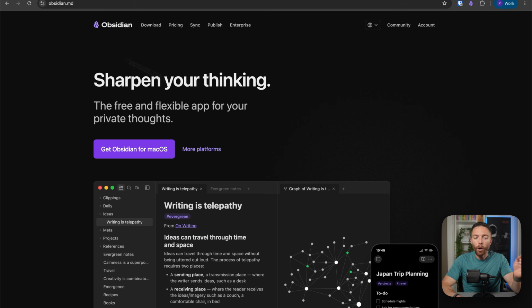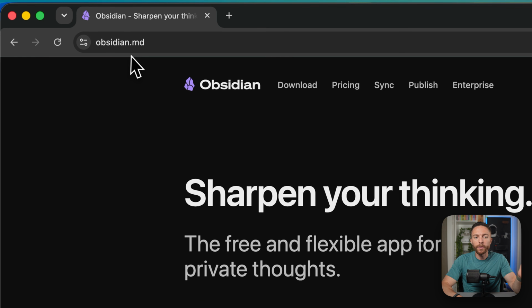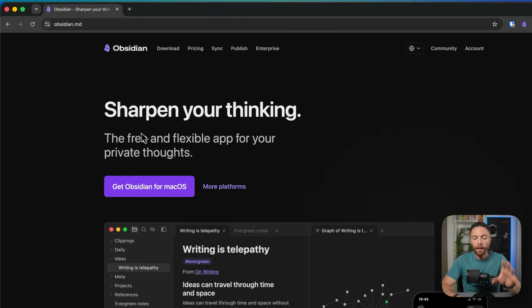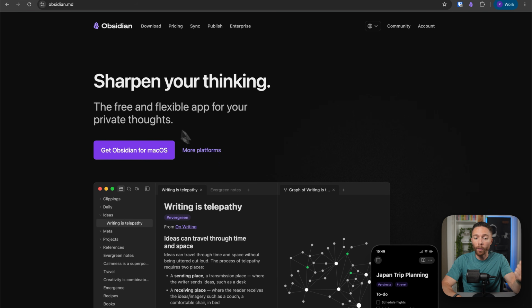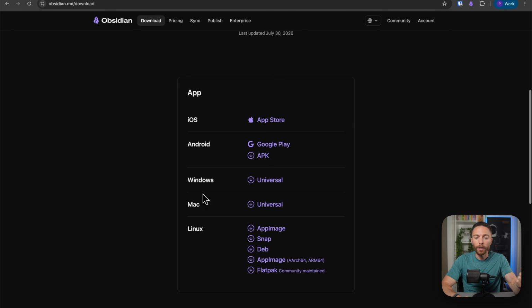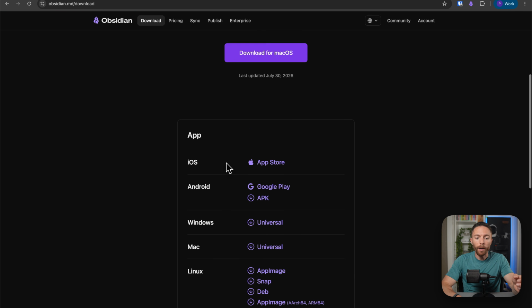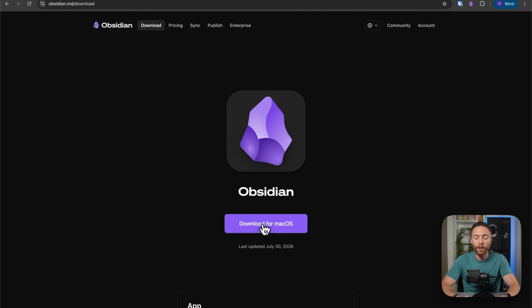To get started, open up your browser and navigate to obsidian.md. Here is where you can download the Obsidian app. This is available for Mac, it's available for Windows. You can also download it for your iOS or Android device. But for now, download the one for your computer because that's where we're going to start getting set up with